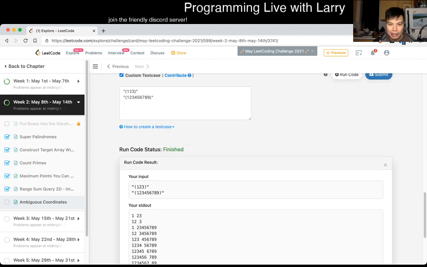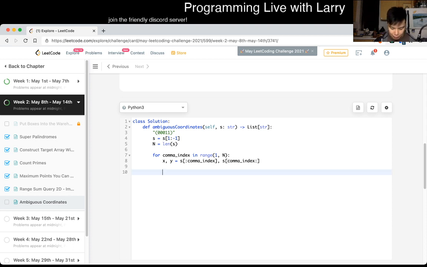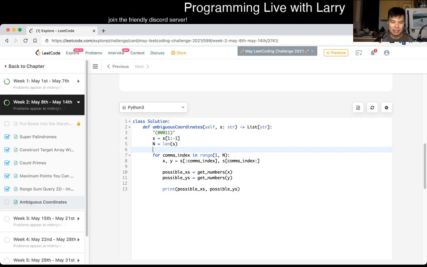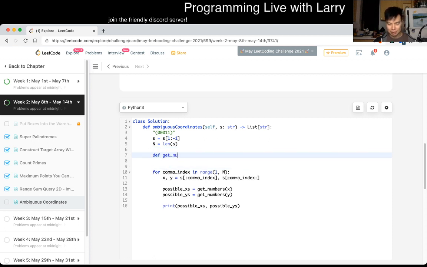And then now we just go, possible x's is equal to get numbers of x, possible y's is equal to get numbers of y. And then now we can just do a cross product. In Python there's probably a way to do it, but I'm going to just ignore that for now. I'm going to do it manually and it's fine. And let's just print it out. But of course it's not going to print out anything. We have to do get numbers, which